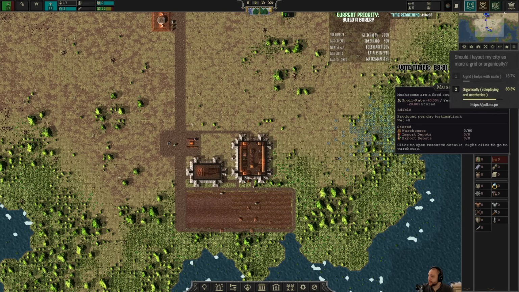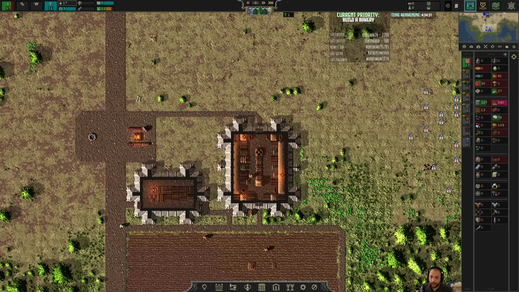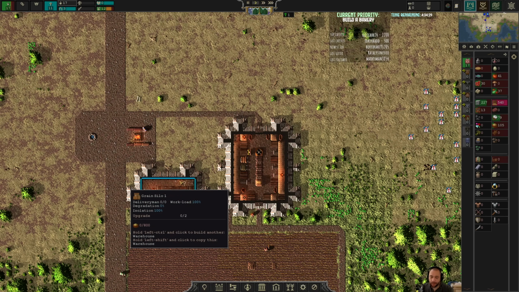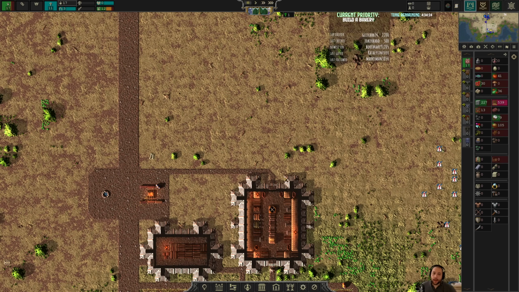Alright, looks like organically is going to be the way to go. Got it. So that means I'm going to want houses pretty close to the bakery and the grain farm for the bakers and grain farmers to live. It's also important to note that that's simply...